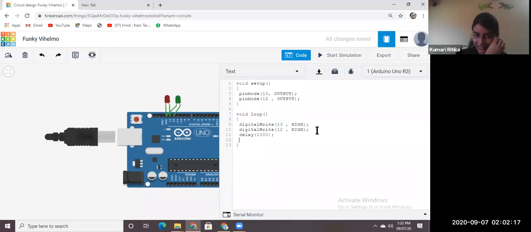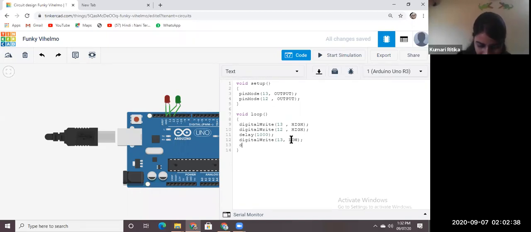Then again, I will turn it off. I will write digitalWrite, and inside parenthesis the pin number. For the red LED, the pin number is 13 and I will make it LOW. To turn it off, we use LOW.